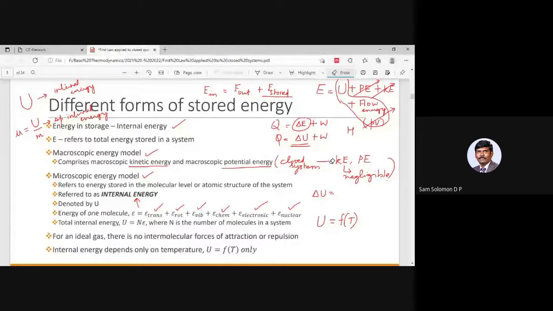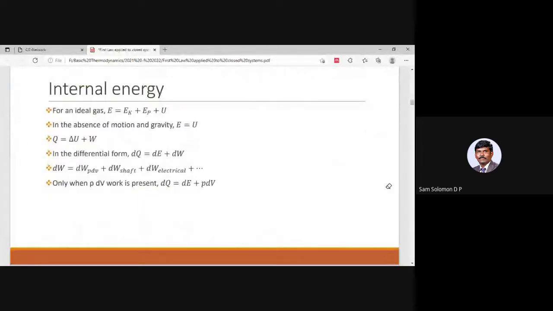Before defining this, we will define something called specific heat, specific heat at constant volume, and this is what we saw. So for an ideal gas, you will have the summation of potential, kinetic, and the internal energy. I took flow work also because that we will be seeing in the first law applied to open systems. So I took that also into account. So because these two are negligible, your energy is equal to internal energy, and that is how we replace dE with dU or delta U.